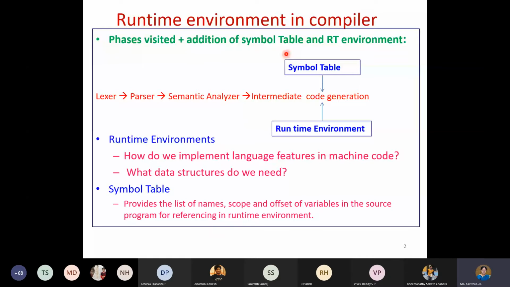Therefore, along with the symbol table as the data structure used, we also need to maintain something called the runtime environment. How we are going to use this data structure, what is the difference between the symbol table and the runtime environment, when this will be used, all this we'll discuss.